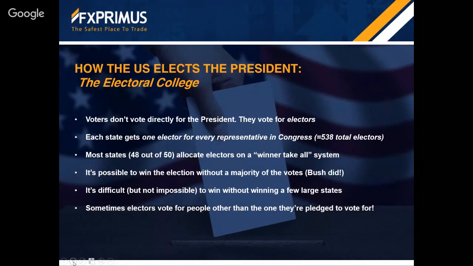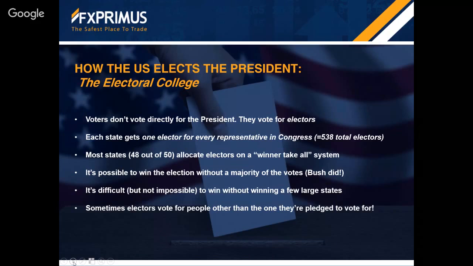Again, as I said, the people who set up the U.S. government didn't trust people. They didn't trust anyone. They were worried that ignorant people might vote for somebody. Can I say that? Well, I won't say it. But they were worried that people wouldn't really know who to vote for. So they set it up so that people would vote for somebody they could know, an intelligent and well-informed person, and then those people would go to Washington and vote for the president. So it's sort of representative voting for the president.